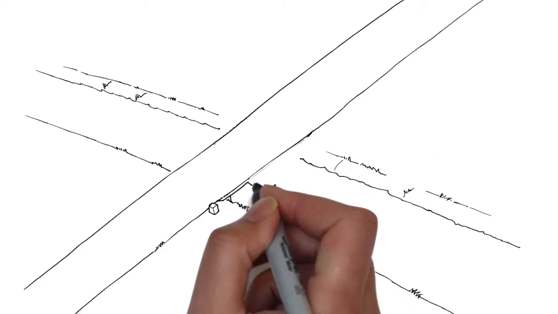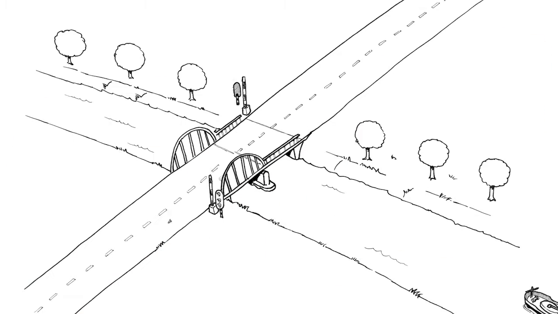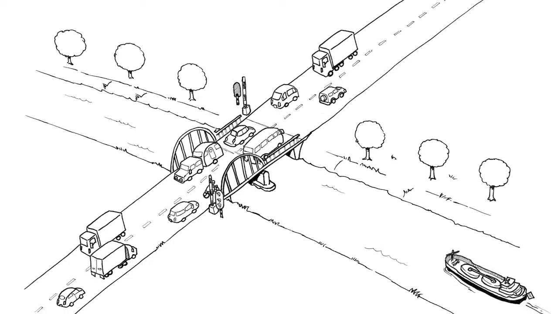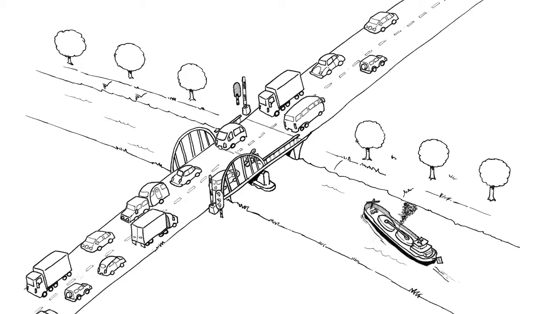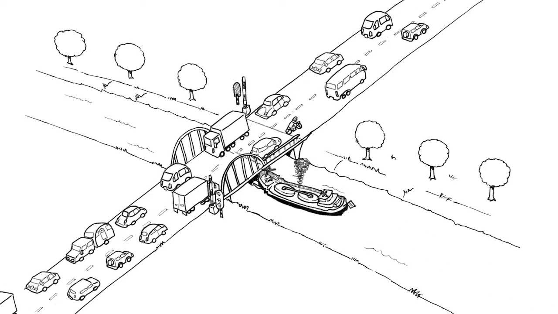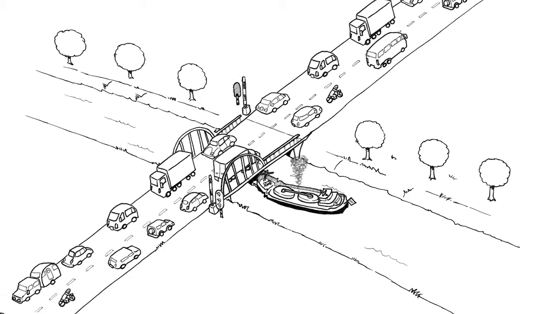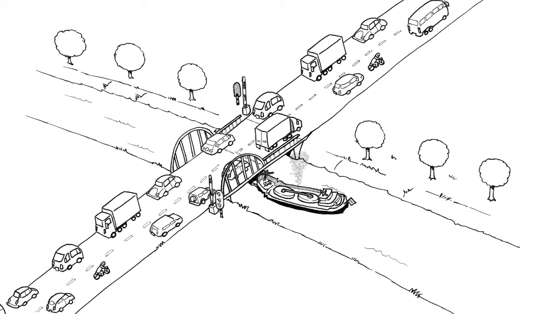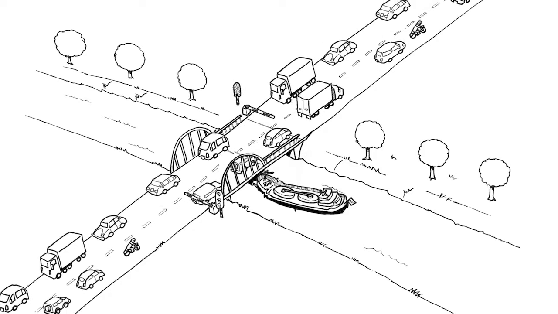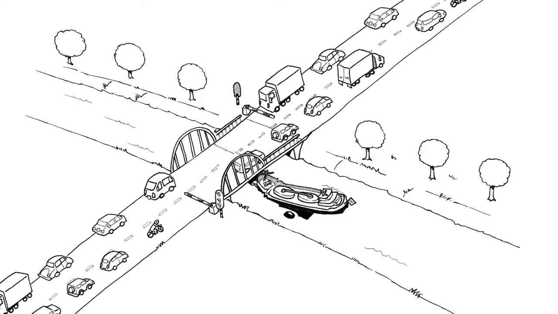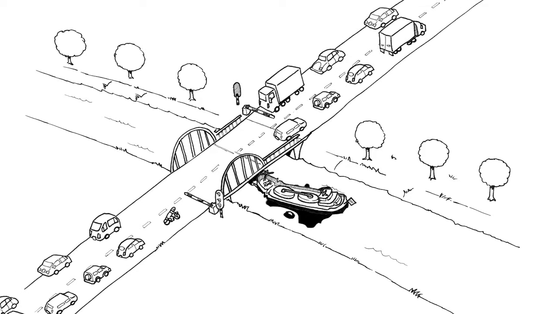A ship approaches a section of river spanned by a bridge. Suddenly, the ship loses control and collides against one of the bridge's pillars. The bridge is damaged and, as it's unclear whether it's still safe to use, the bridge is closed to traffic. The ship has also sprung a leak, with oil spilling into the water.